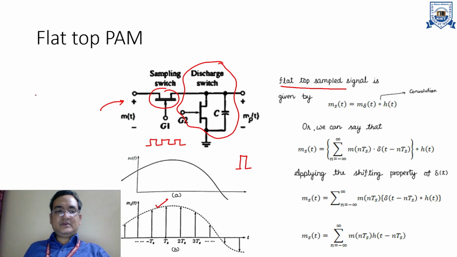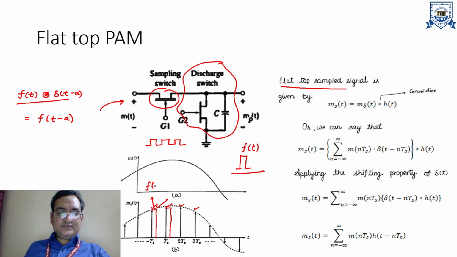How can this happen? You can clearly understand that there is a property of the impulse train, that when you convolve an impulse signal with any signal, you will get f of t minus a, right? So let us suppose this is our f of t, and when you convolve this with the impulse train, where in the signal are the impulses? These are the points. So you will get this signal, because let us suppose this signal is f of t minus ta, and when you convolve with